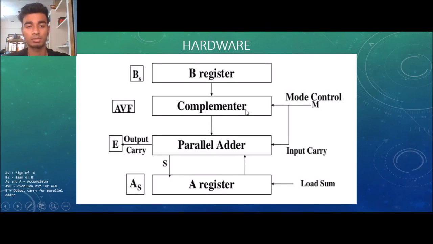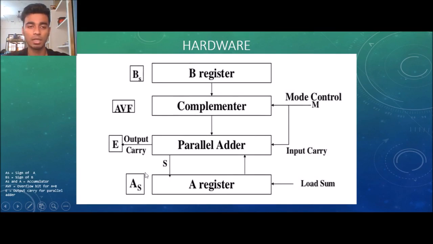Since the complementer is not working, A plus B will store the result, and if there is an output carry, it will go to the E register which stores the output carry, and which will later go to AVF, which is the overflow register for A plus B. Now in the case of subtraction,